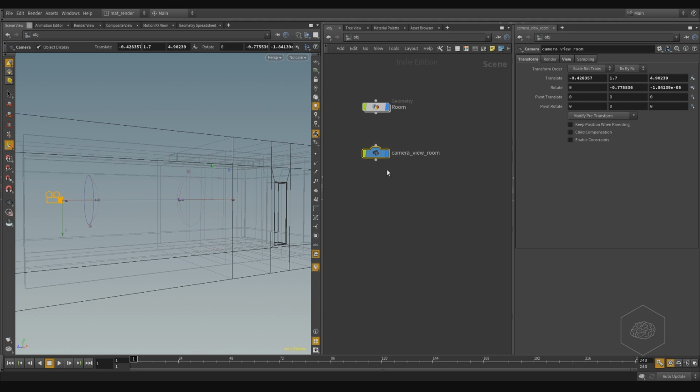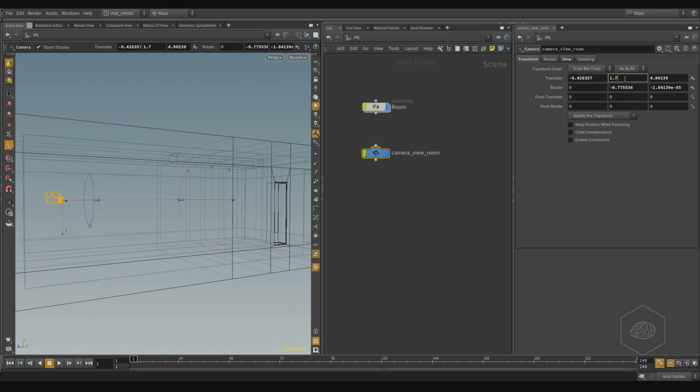Here we have the camera, and the height is 1.7. In architectural study, it's the point of view you can apply for a human, usually 1.7 or 1.6 or 1.8. It's more, but the classic